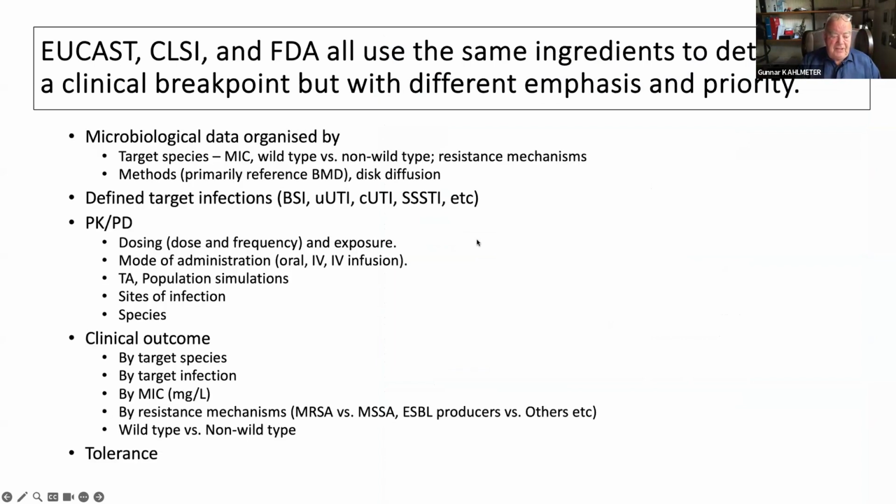CLSI, EUCAST, and FDA all use the same tools for setting breakpoints. It's not so that EUCAST has different tools than CLSI or FDA. And CLSI and FDA have the same tools, but they actually come up with different results. So depending on which agent or which species we are discussing, there might be rather big differences between a CLSI breakpoint and an FDA breakpoint, and between a EUCAST and CLSI breakpoints.